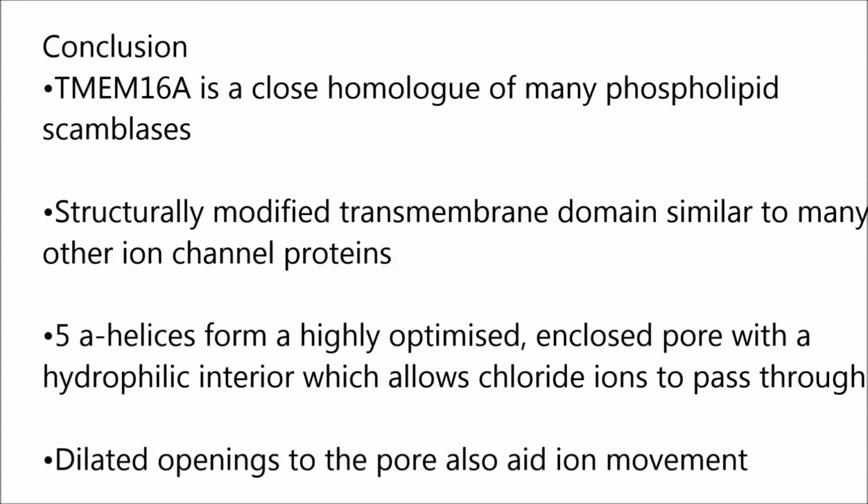which is similar to many other ion channel proteins. Analysis by cryo-EM and electrophysiology experiments revealed 5 alpha helices reorganized to form an enclosed pore with a hydrophilic interior which allows chloride ions to pass through. The amino acid composition of this pore is specifically suited to facilitate chloride ion movement. Dilated openings to the pore also aid chloride